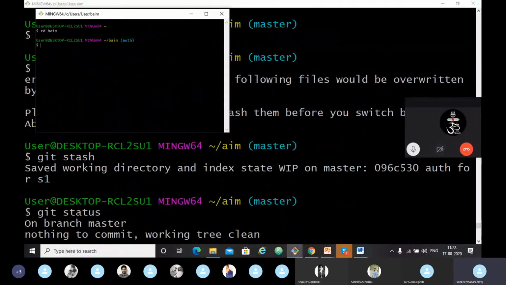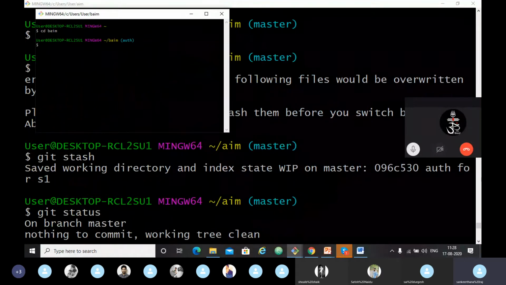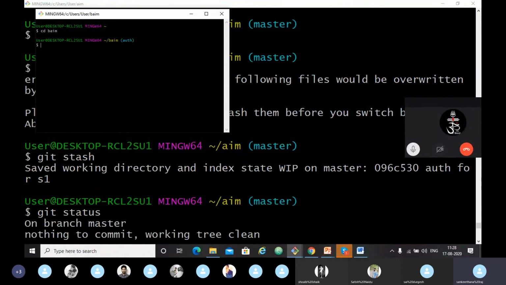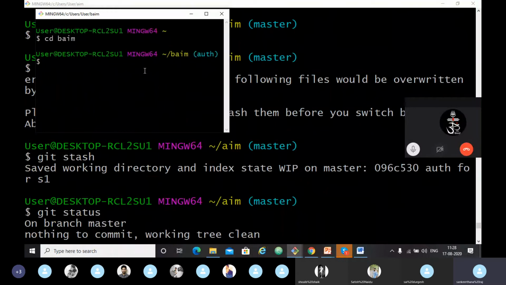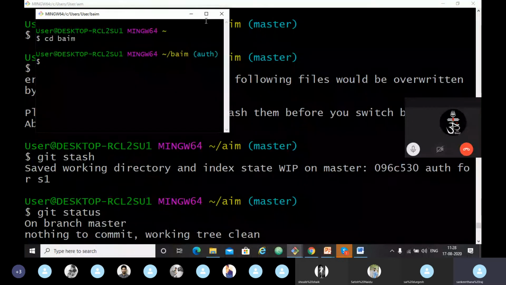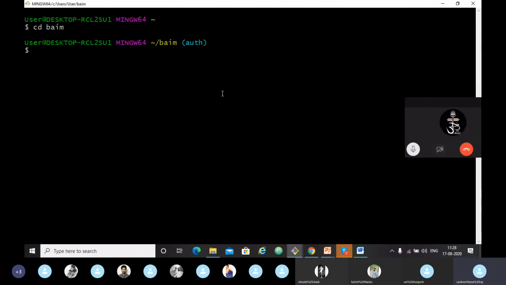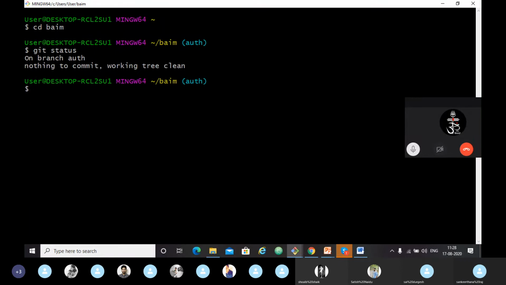I have created a directory just like the AIM and BAM directories. In that also, I am on the auth branch just like yesterday. So we will see our commands again here. Let's see the git status. Nothing to commit, working tree clean.